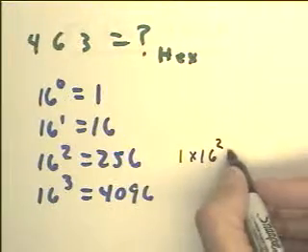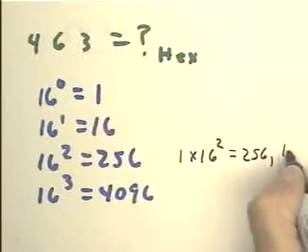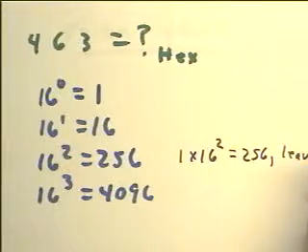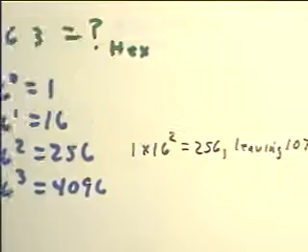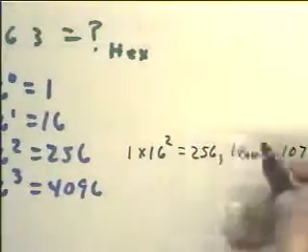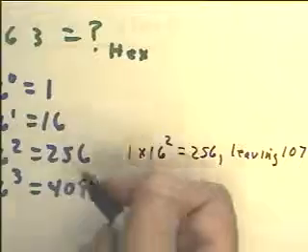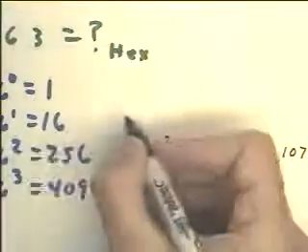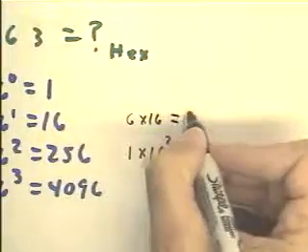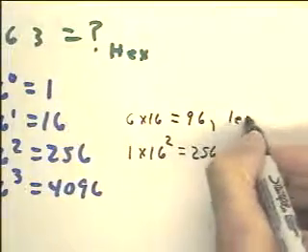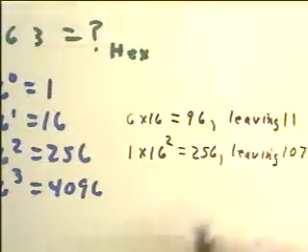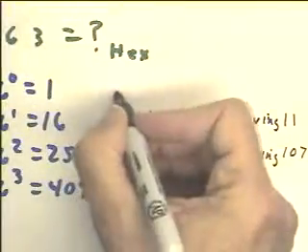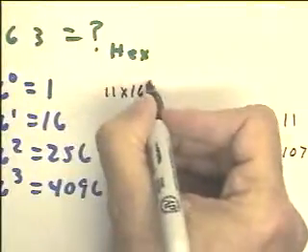one times 16 squared, which gives us 256, leaving us 463 minus 256 is 107. Now we need another 107 to get the 463. To get 107, we can use 6 16s. That's 96. Out of the 107 that we need, that leaves 11. And then 16 to the 0, we're going to need 11 times 16 to the 0,